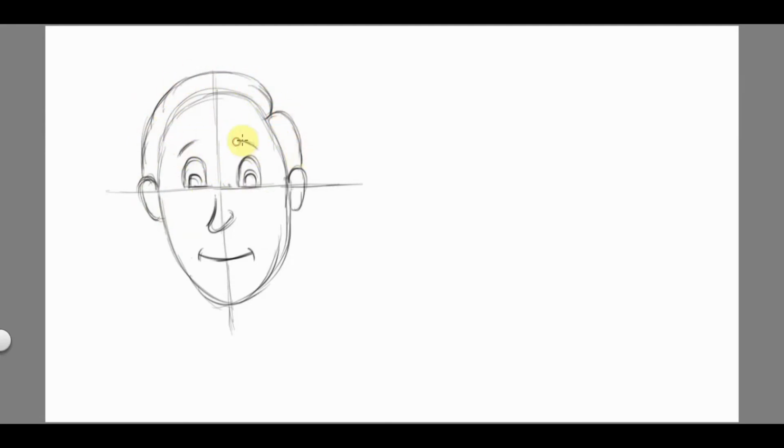This is the parting line, and now these are the eyebrows. This is the face facing forward. Now don't draw too deep like this, because later on you have to remove these lines when you are going to color or do the line work. These are just the reference lines.